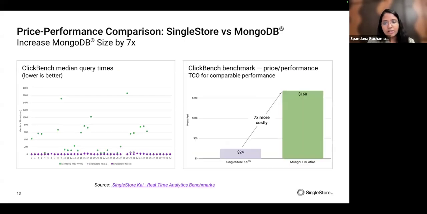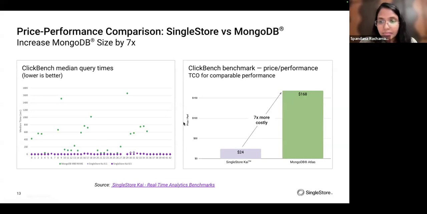So ClickBench is another benchmark, which is mostly on analytical queries. And here itself, you can see that the green ones are about the Mongo Atlas and the purple ones being SingleStore. Another interesting thing that we have observed is it's not just about one particular benchmark run. The results are consistent. Even if you run the same benchmark again and again with concurrent queries running, it's not just about one query in the benchmark and then you proceed to the second query. Even if all the queries are released at once, we are able to see such immediate results returned by SingleStore